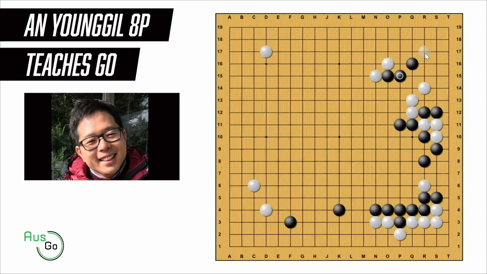And white might play it this way, but black can attach and try to fight. So white can, in this case, jump into the corner to offer a trade. And black can probably play something like this and make a big territory on the right side. So locally it's maybe a good result for black, but maybe overall white is still okay, because if you just